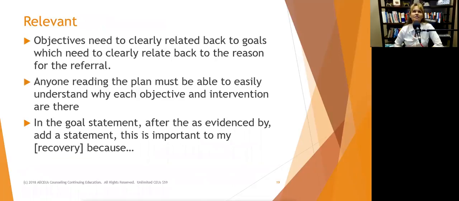It has to be relevant. Objectives need to clearly relate back to goals, which need to clearly relate back to the reason why the person's in treatment. Anyone reading the plan must be able to easily understand why each objective and intervention are there. If the auditors come in and they're reading this and they see something about, is going to go bowling every